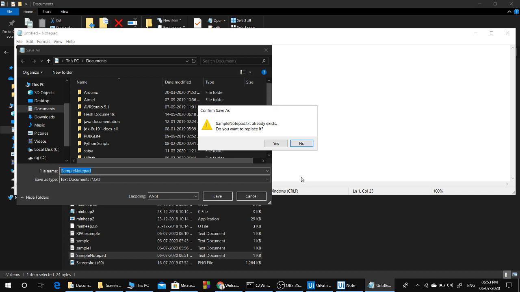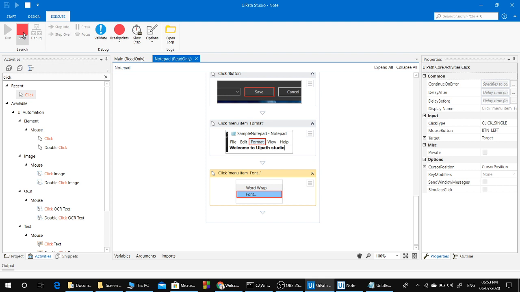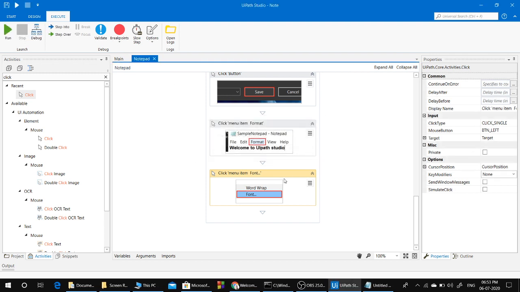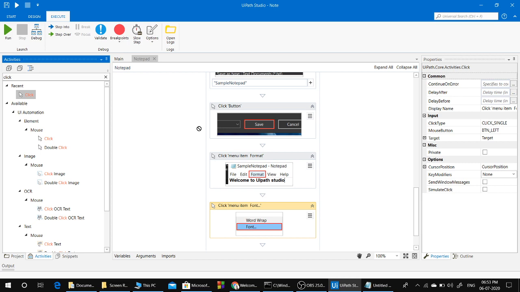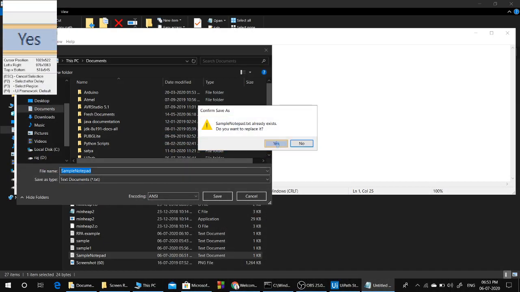It showed that the file already exists. So we have to face this error, but we have to handle this. Stop the recording. Stop. Okay. Before we click on format, we have to click on yes. It was showing yes.